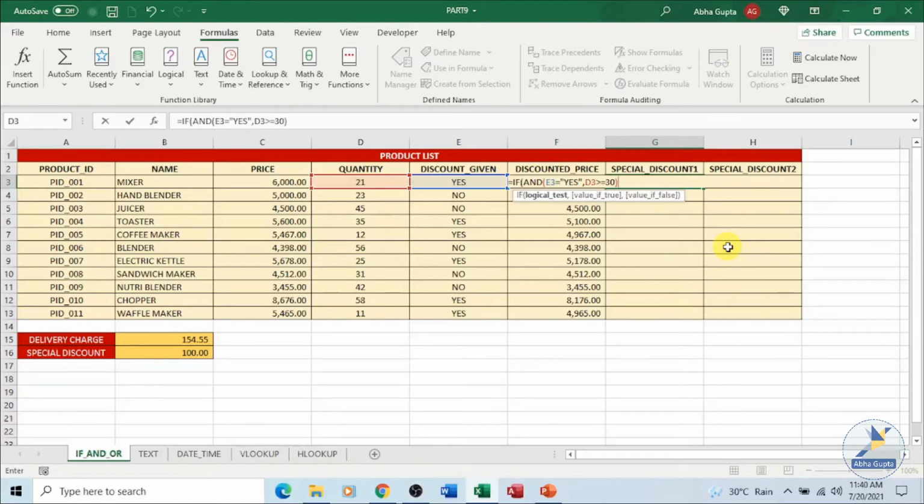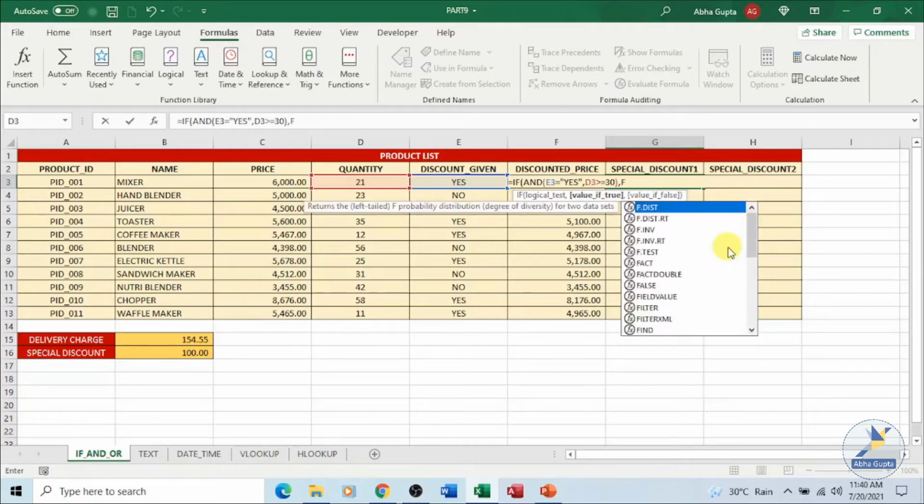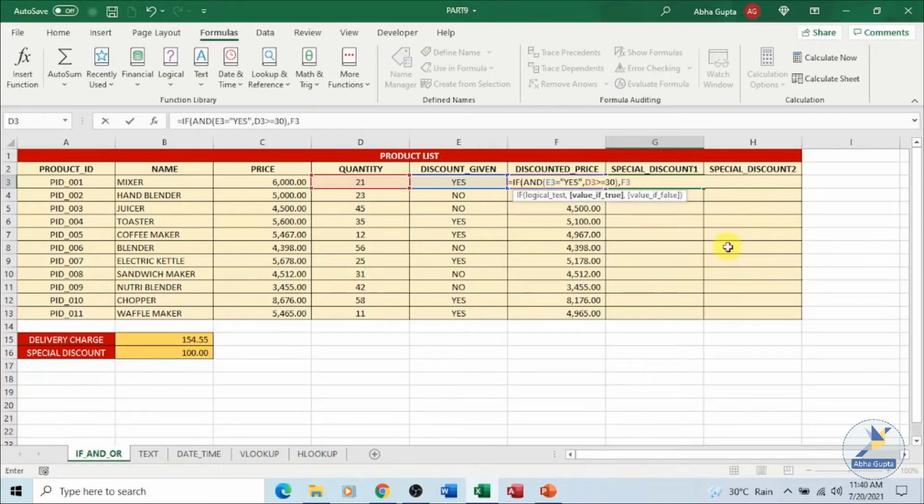So we have provided two conditions in AND. Both should be true, only then the discount will be given. So what we want, F3, the value in the discounted price, which is over here, above that discounted price we want to give one more discount, and that too of this particular data which is over here.